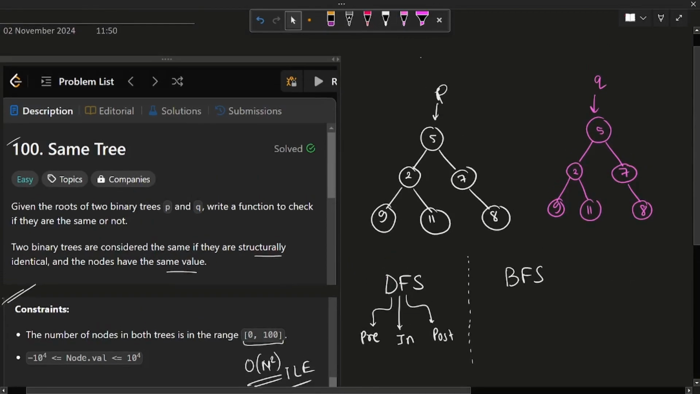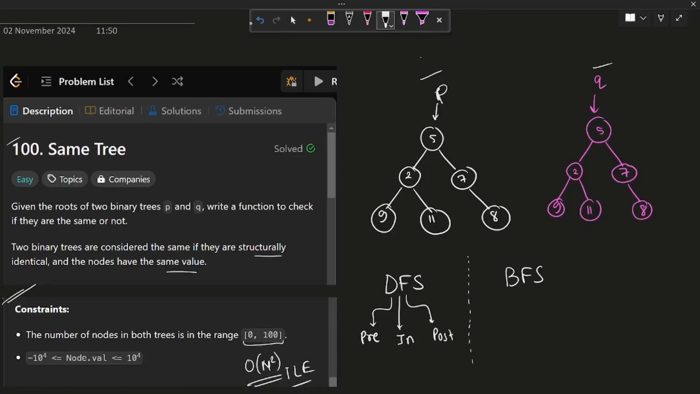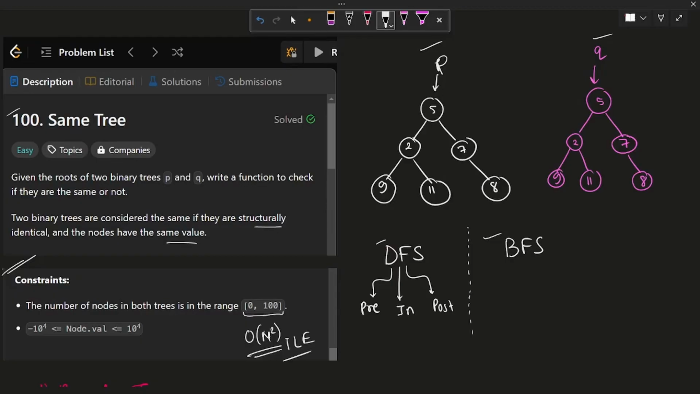Now let's look at the problem. We are given the roots of two binary trees P and Q, and we have to find out whether both of the trees are the same or not. The prerequisite of solving this problem is that we have to know the DFS and BFS of binary trees. Inside DFS we have pre-order, in-order, and post-order traversal, and in BFS we have level order traversal. In this video, in DFS we'll see the recursive method, the pre-order, and then we'll see the level